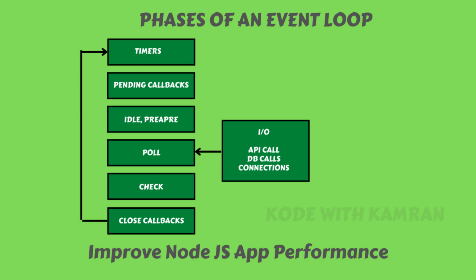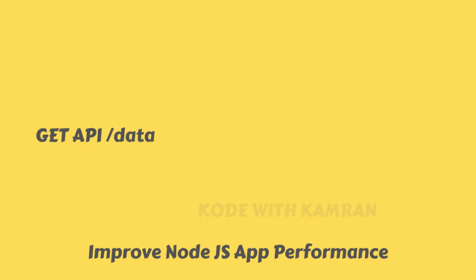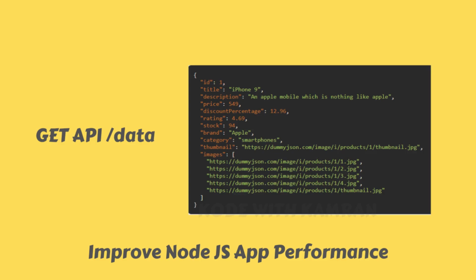Way before, I also faced the same issue in my Node.js application when I started making applications in Node.js. In my case, it was a pretty simple example in which I was getting an API call, and in that API call there was a JSON, and from the JSON I used to pick up all the elements and put them in the database one by one. And on each input output, I was doing the same. In my situation, the JSON was too big and my application was putting all the elements of my JSON one by one into the database. And to improve that, I used a worker thread.